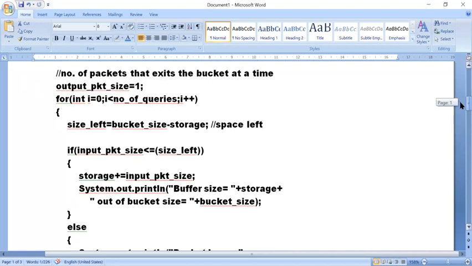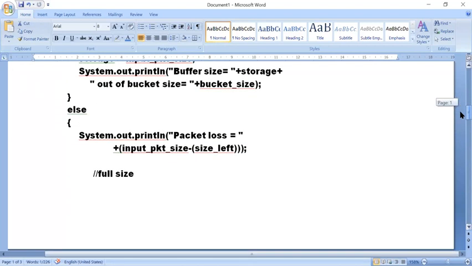Suppose it is not working, then what will be my else part? The else part will be, if the input packet is greater than the size left, then you can say that the bucket is already full. We don't have space to keep the packets inside. So we will have packet loss. How are we going to calculate the packet loss? The input packet size minus the size left.